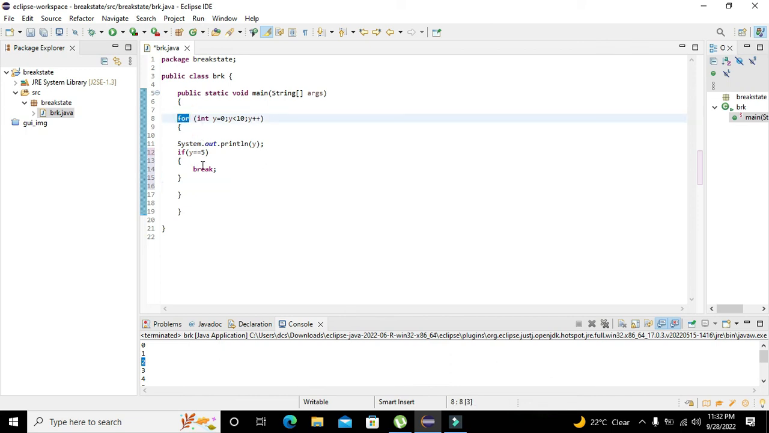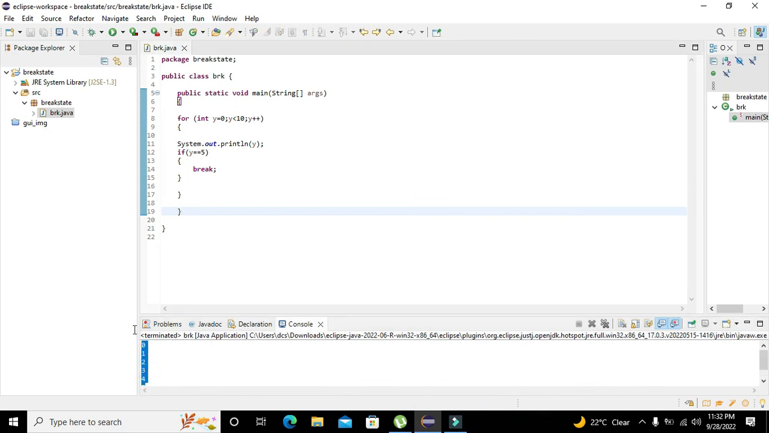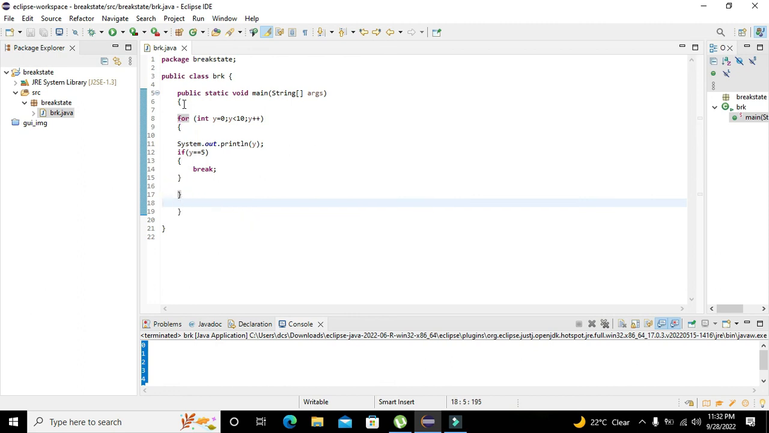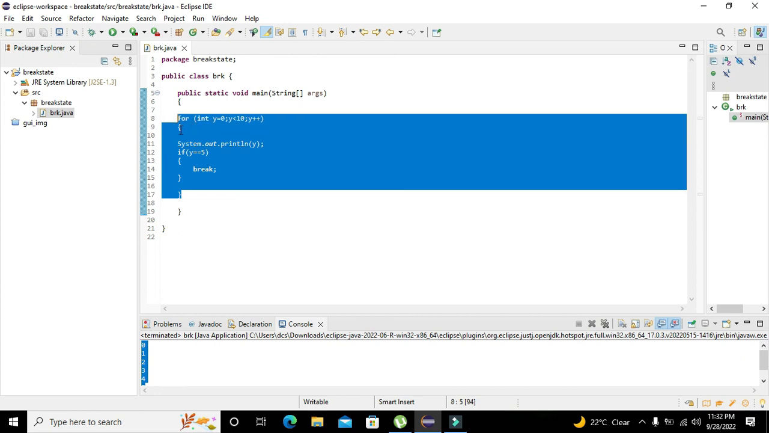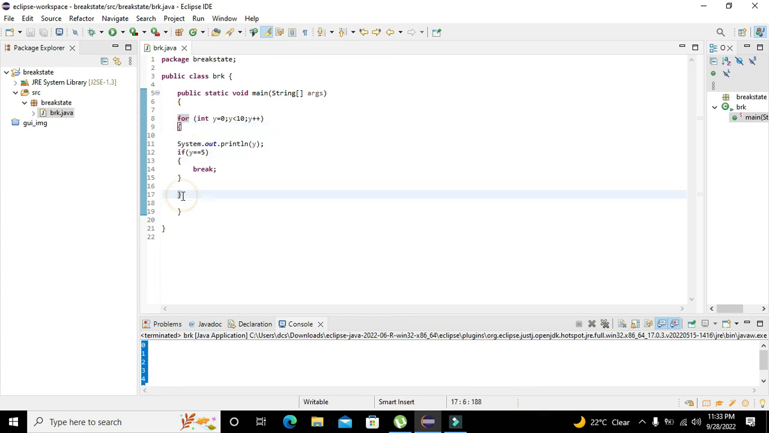Okay, so we will run it, press OK, and here we can see that it will just print up to y equal to 5, and after 5 the break statement will work, and it will go out of the body of this for loop, which is actually this thing. Okay, so hopefully you got the concept of how you can use the break statement within the